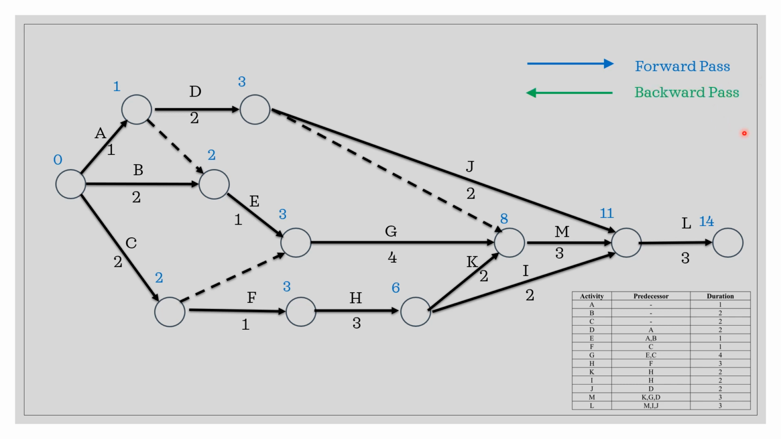So now we have to do the backward pass. Backward pass is where you start from your right hand side to the left. So we have to start with the same number, 14. 14 minus 3 is 11. So this is 11 minus 3 is 8, and 11 minus 2 is 9. Okay, this is 11 minus 3 is 8. 11 minus 2,